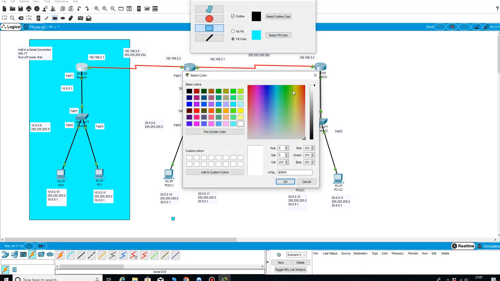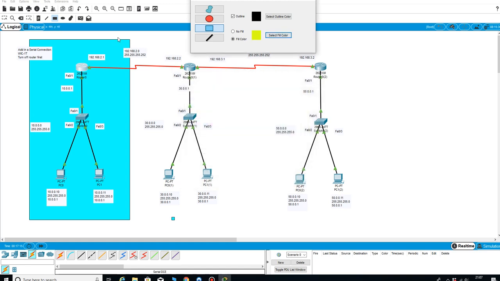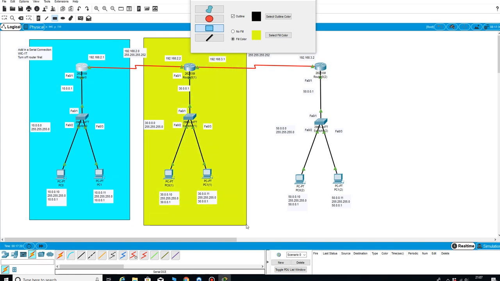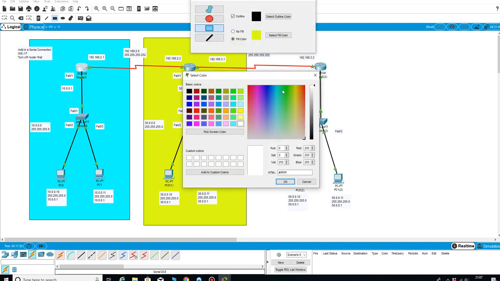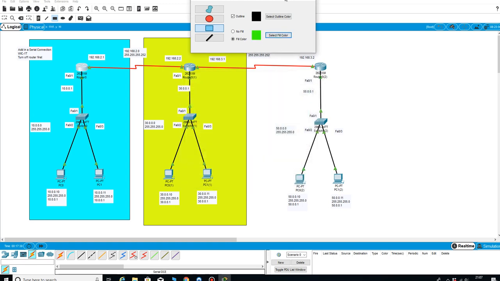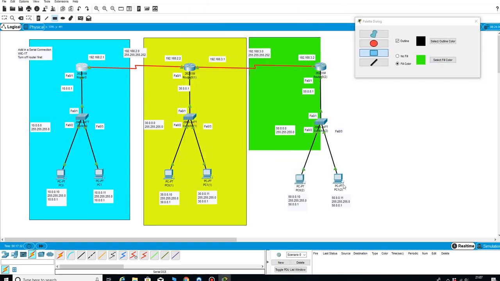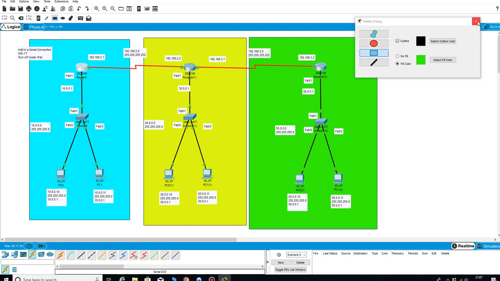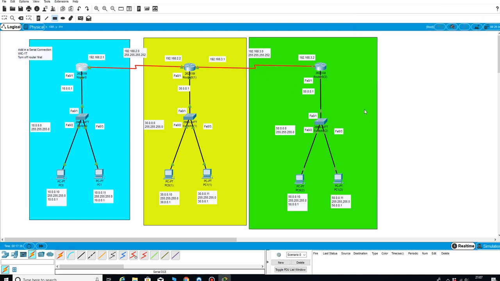If I select a new fill color here, and I do this, and one more, okay, so there's the three networks. I now need to configure this network,